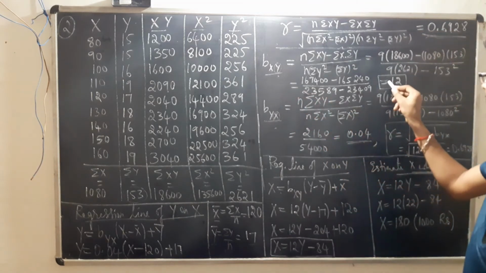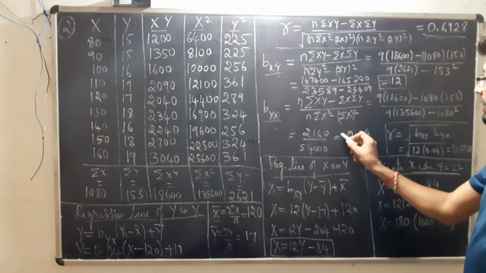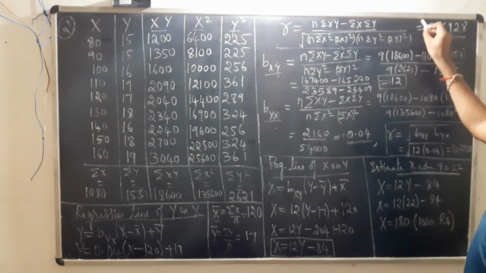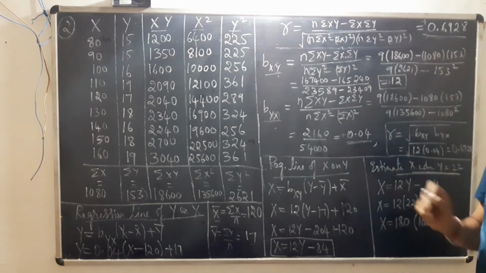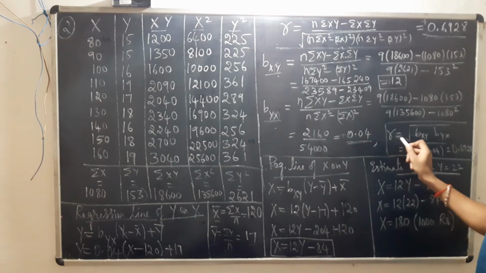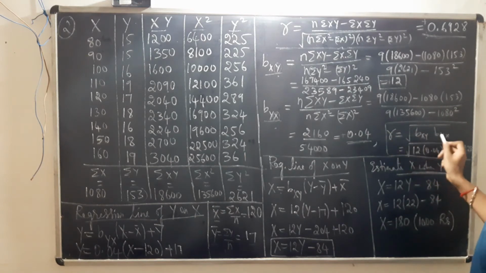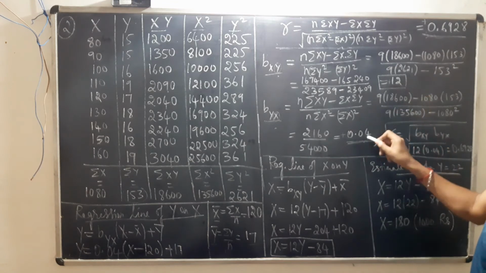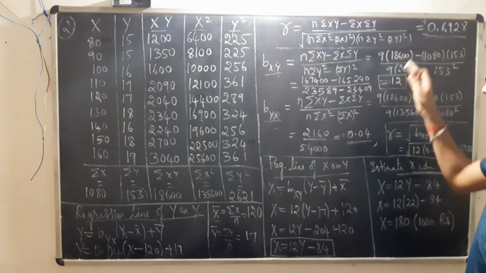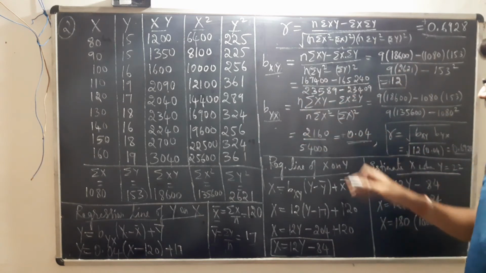We observed that the first one is positive. Obviously the second one must also be positive, and the sign of R must also be the same as those. So that is also plus. Now you could verify whether your R is correct or wrong. We know that R is the geometric mean of the regression coefficients. So when you multiply these two coefficients and take the square root, you will get the value of R. So that is how you can cross check whether the things are correct.